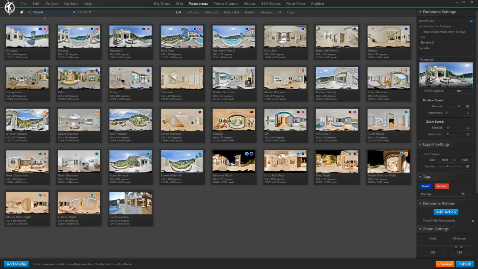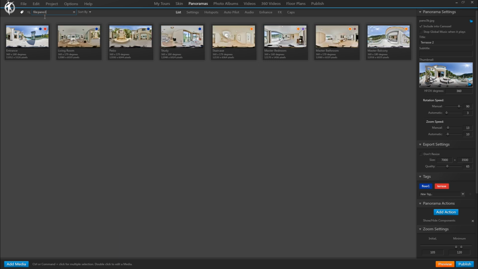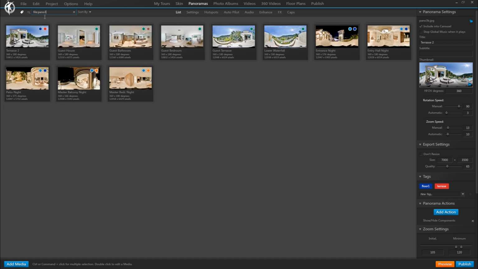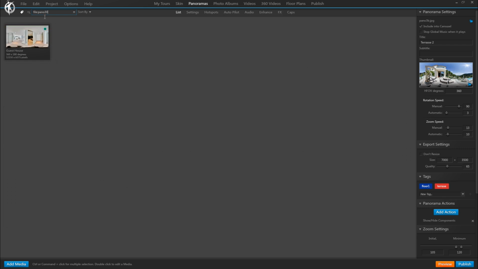So Pano 10 is this one, Pano 20 would be this one, etc. So just a quick reminder, or maybe for those who were not familiar with the search field. And of course, again, this is compatible with searching by tags and by name as well.